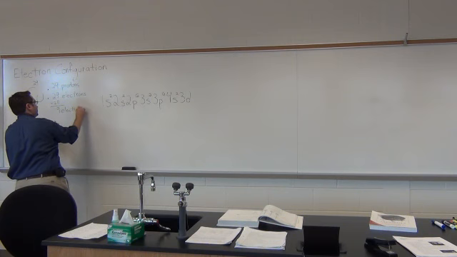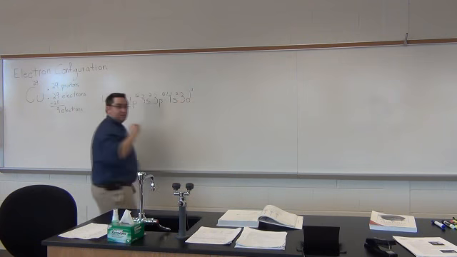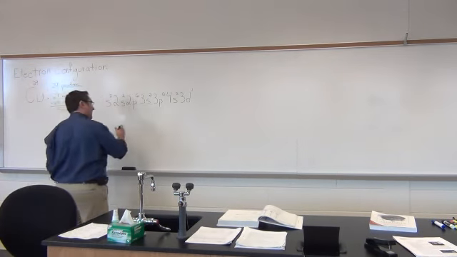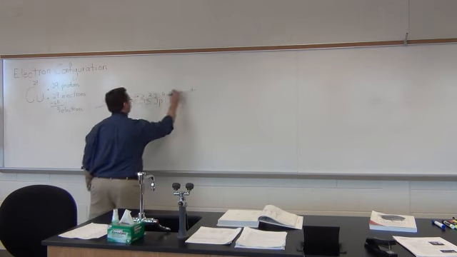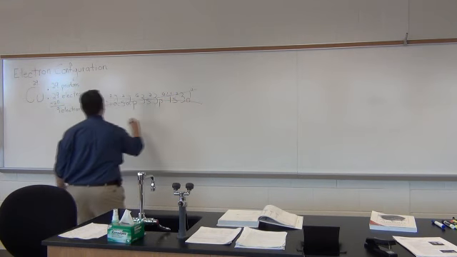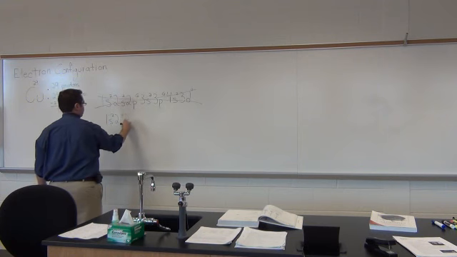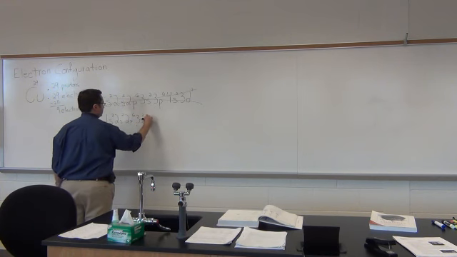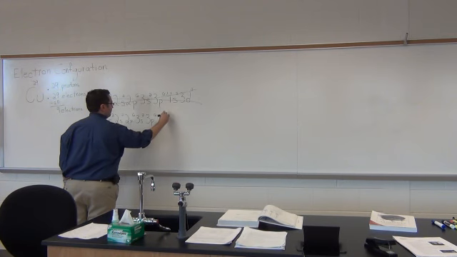So following the usual trend, you would think it was 4s2 3d9, and you're done. But copper is one of the exceptions to the rule. So the actual electron configuration is not this. It's 1s2, 2s2, 2p6, 3s2, 3p6, 4s1,